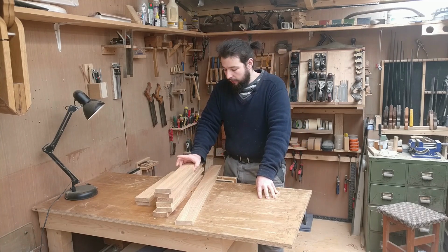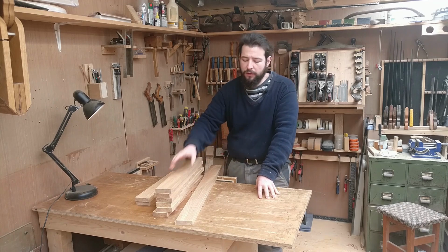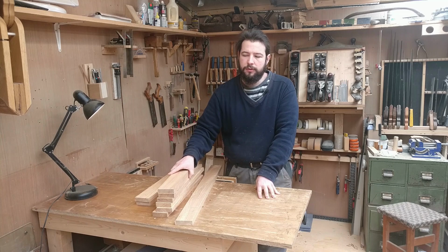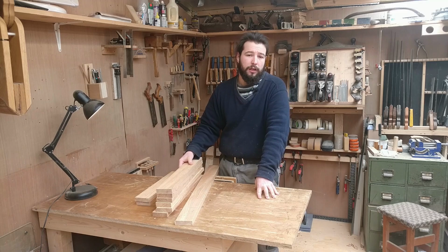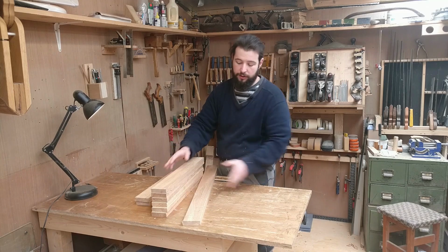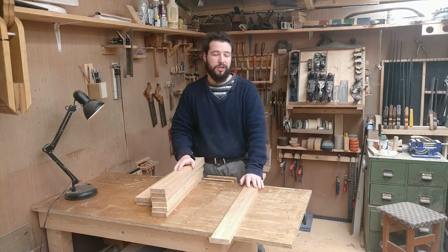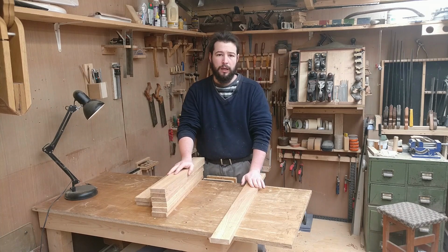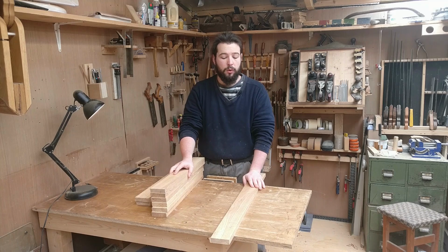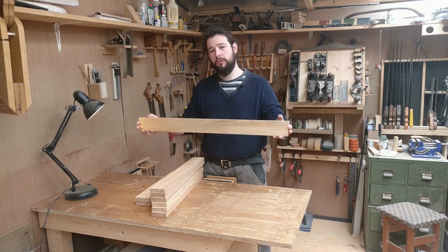Now, I have all of the pieces, all of the rails and stiles for the frame for the carcass. It's a frame, is it not? For the main part anyway. It's all cut to correct dimensions, to final dimensions. It's all to width, to length, to thickness, the whole shebang. So what I need to do at the moment is get started on the joinery. And the first step of any joinery is to mark out where everything goes and where all of the cuts go. So I'm doing the rails